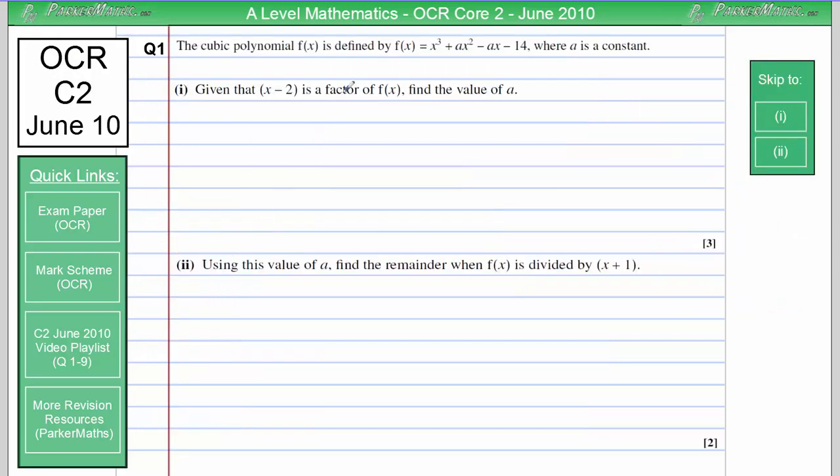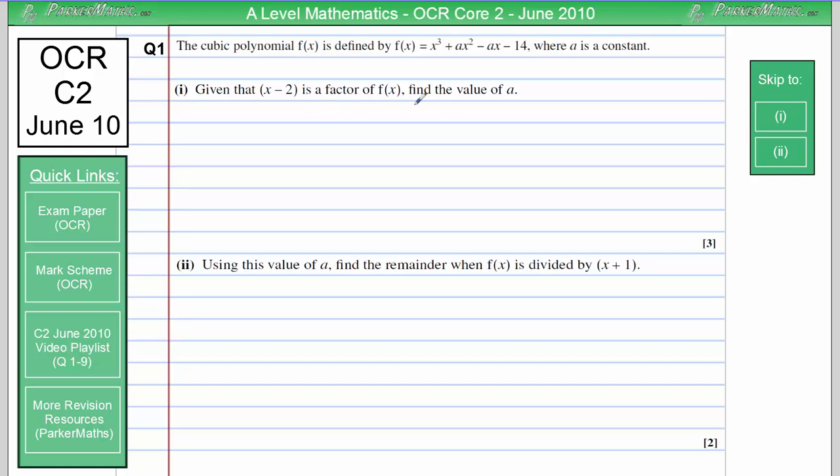Question 1. The cubic polynomial f of x is defined by f of x equals x cubed plus ax squared minus ax minus 14, where a is a constant. In part 1, it says given that x minus 2 is a factor of f of x, find the value of a. Before we do this question, I'm just going to do a little bit of background on the factor